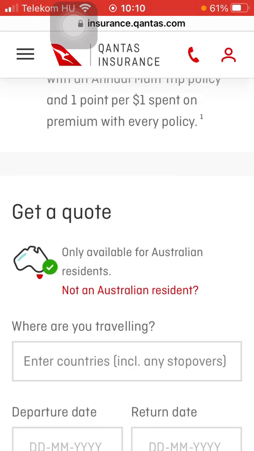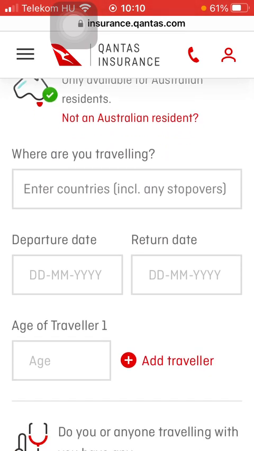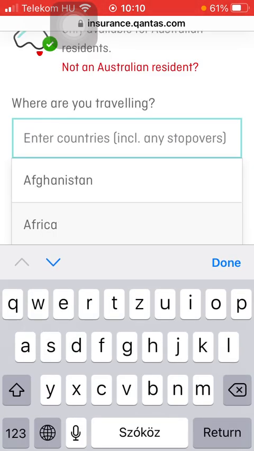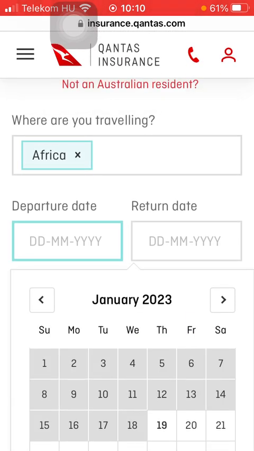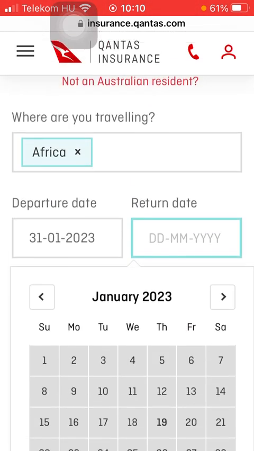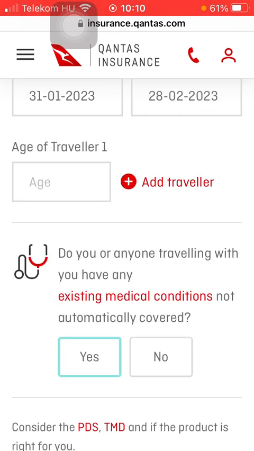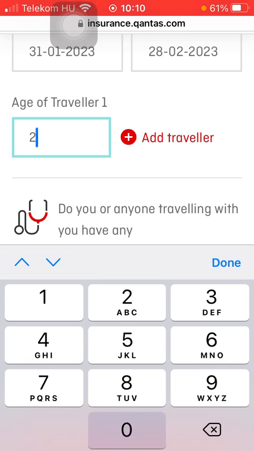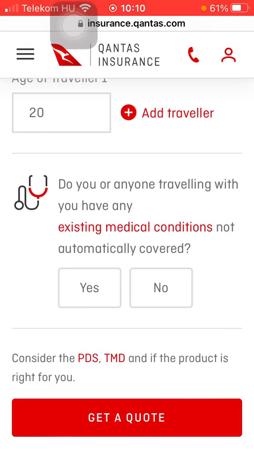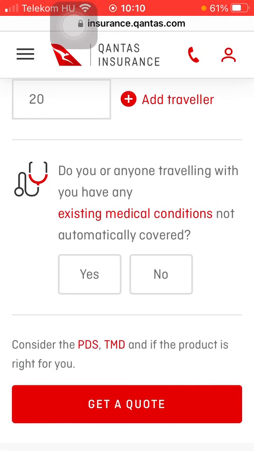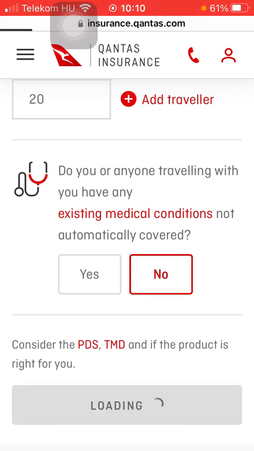about the travel insurance. Here you should select your destination, so where are you traveling, then set your departure date and your return date, and after that you should add the age of the traveler, and here you should indicate whether you have any existing medical condition, and tap on the get a quote button down below,